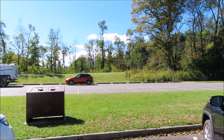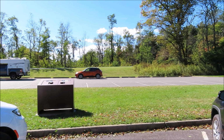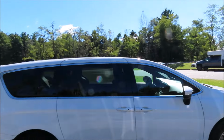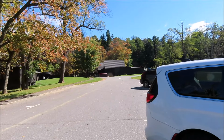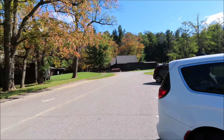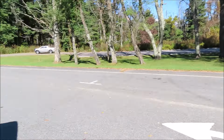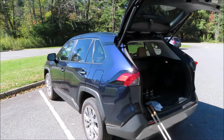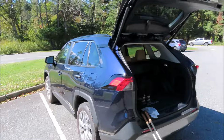I'm in Shenandoah National Park, and this is Elkwallow Gap. This is mile marker 24. Over here's the wayside. They have food and stuff over there, and quite a bit of parking. And there's the Blue Bomber in all its radiant glory. And I'm going to close the Bomber up